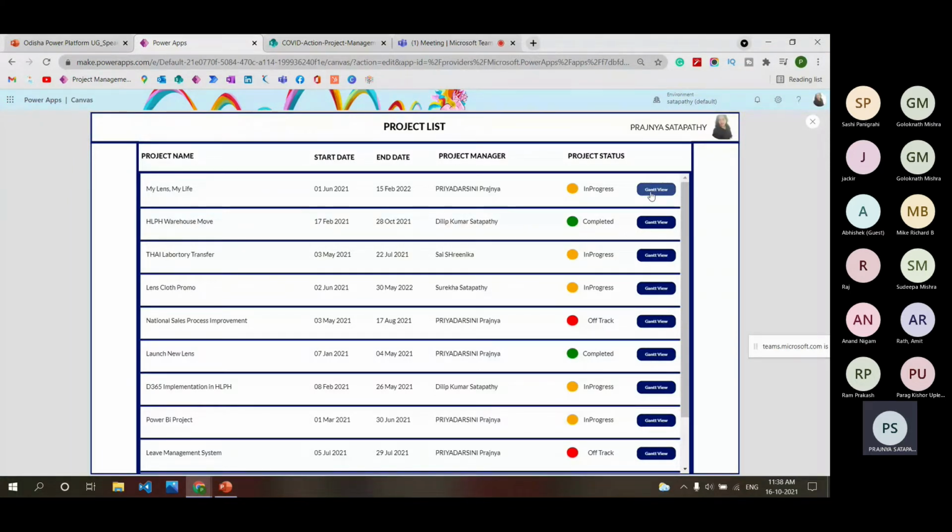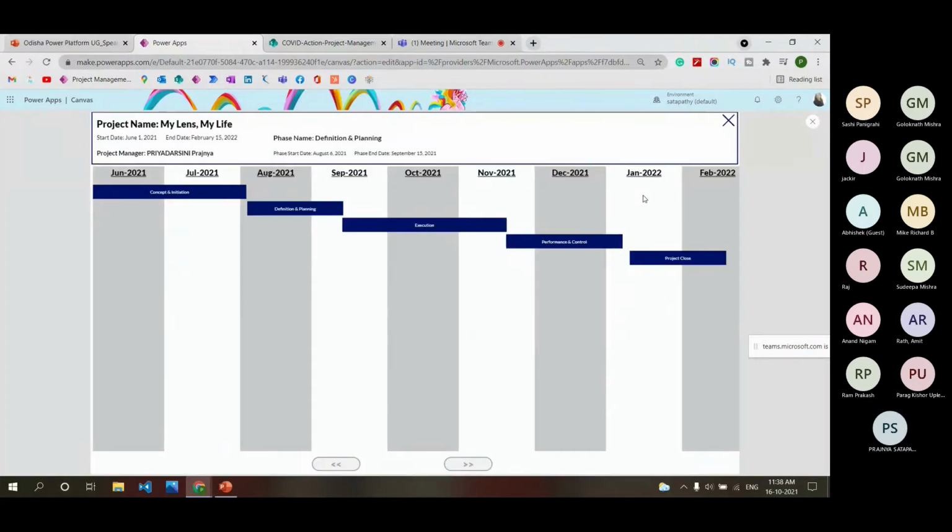So let me click on any project. This is the Gantt view of that project. You can notice that this project's start date is June 1st, 2021 to 15 February 2022, so the columns are from June 2021 to February 2022.